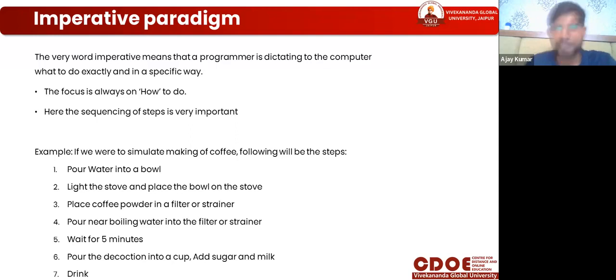When we use the imperative paradigm, we focus on how to do this problem; we decide that and follow that. That is what imperative means. The focus is always on how to do. We have a problem, and we just work on how we can turn this problem into a solution.